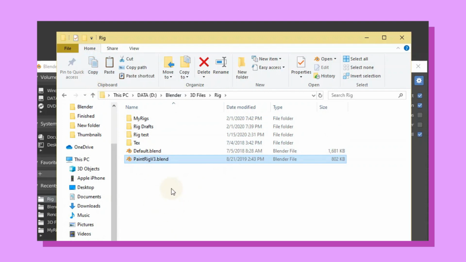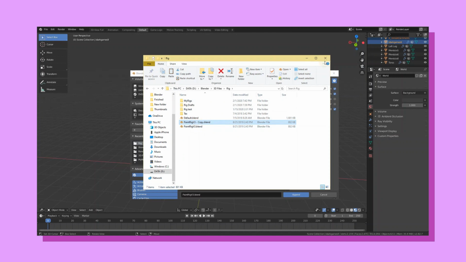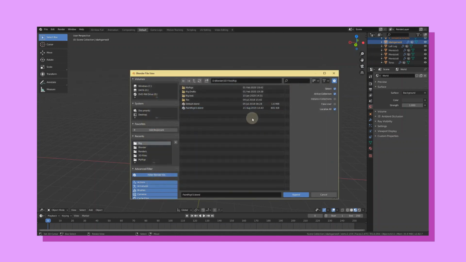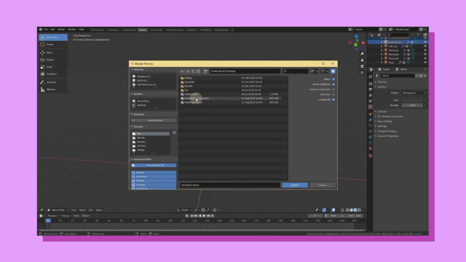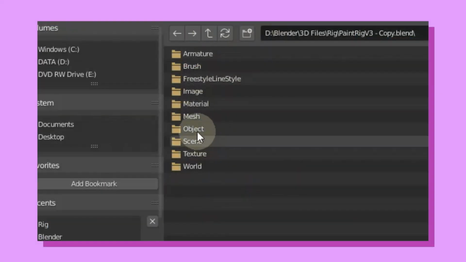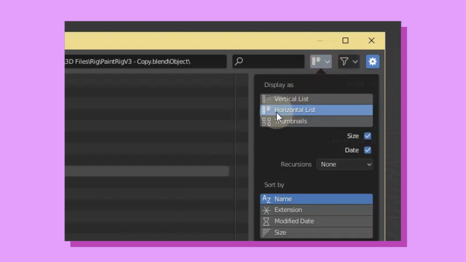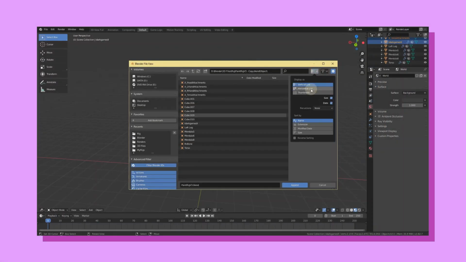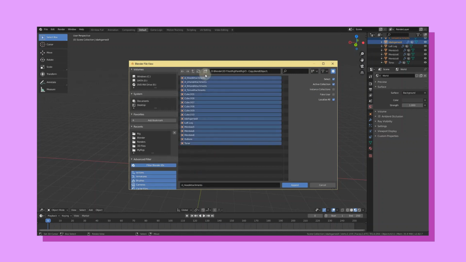So I'm going to copy it and paste it, and now I have a copy of that file. Now when we exit and refresh the page in Blender, you can see that the copy is here. So we're going to select the copy, double click, and you're going to see these folders. The folder that you want to click is Object, and make sure that you're in the vertical list or the horizontal list, and just click and select all